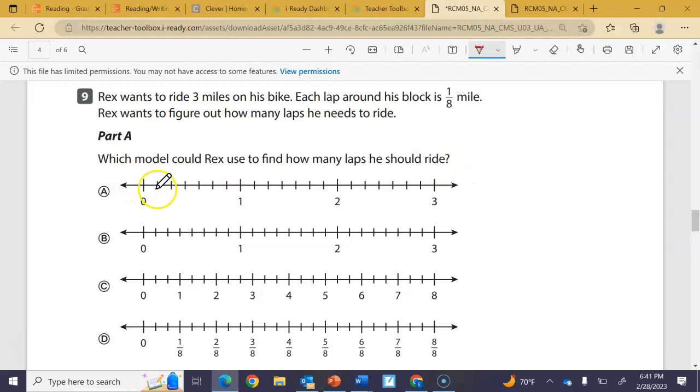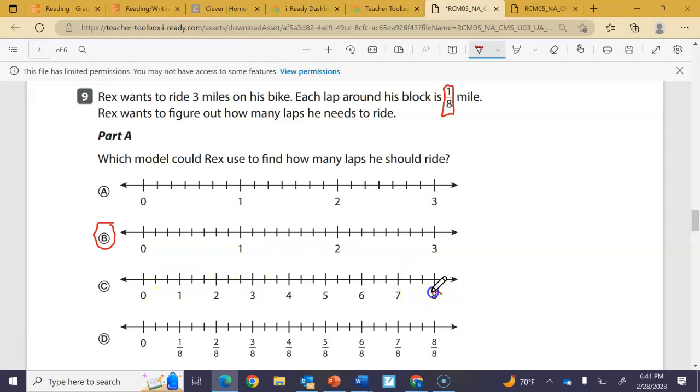So I look at A, and they split it into 1, 2, 3, 4, 5, 6, 7 parts. But we need 8 parts, so that doesn't make sense. Let's try B. 1, 2, 3, 4, 5, 6, 7, 8. That splits into 8 parts. So it's possibly B. This one splits it into 3 parts,